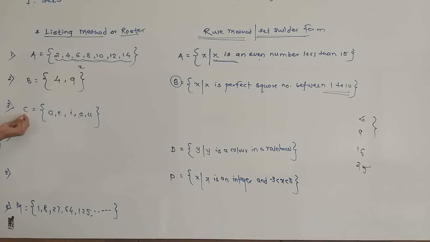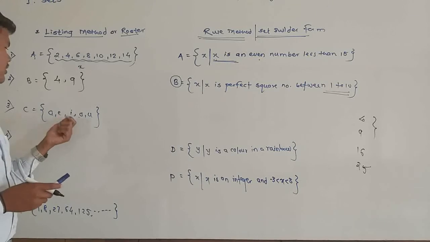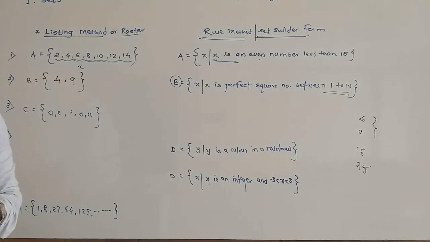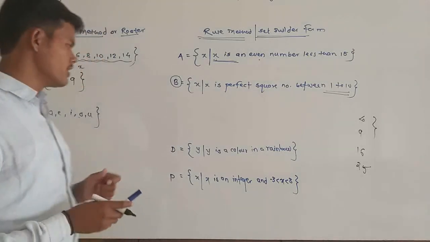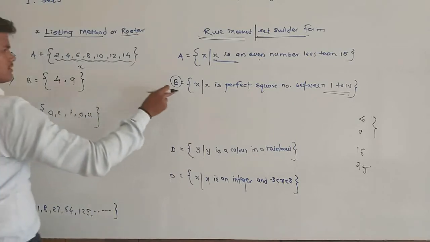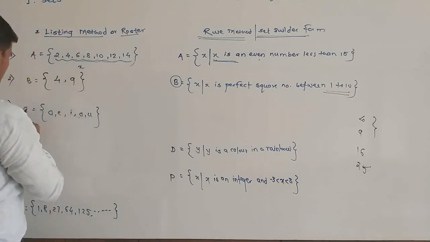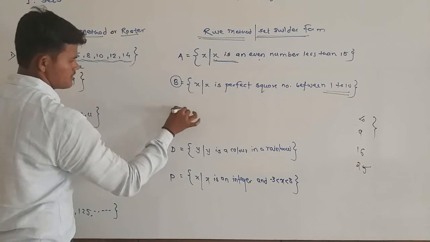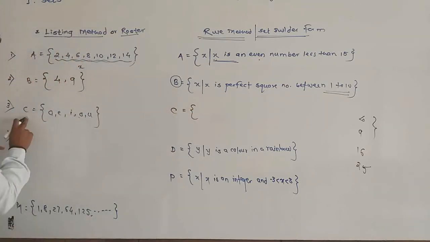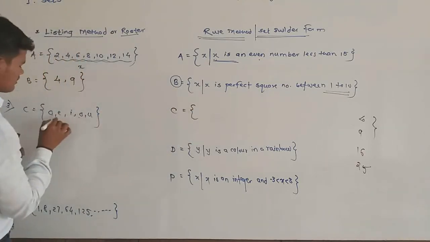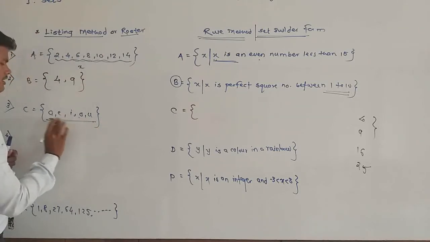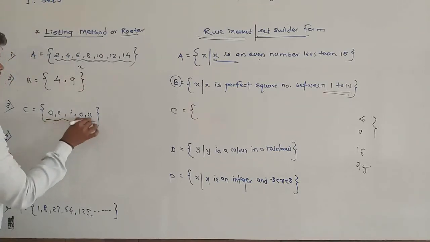Set C is a set of all elements which contains 5 elements A, E, I, O, U. Okay, after reading these 5 elements we will immediately realize, so what do A, E, I, O, U denote? These are the English alphabets of vowels. Okay, so to write the given set by using rule method, write the name of set as C because it is already defined. Okay, instead of writing the elements, use variables.